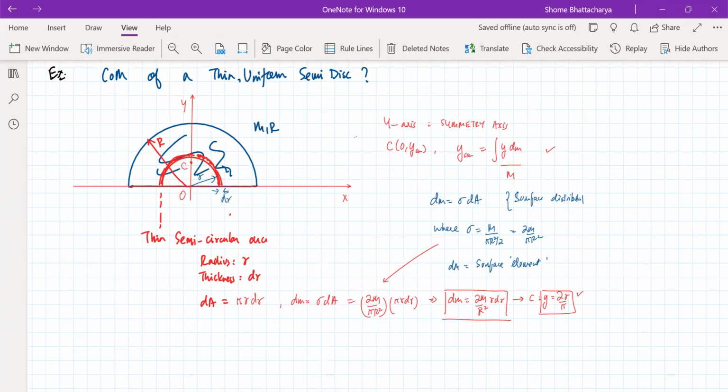What we've done is, first you have mentally sliced the semi-disk into an infinite number of semi-rings, each of very small thickness dr. Any one particular one has mass dm, which you've calculated. Now you can treat it like you compress that mass dm to a particular point on the y-axis. Where should that point be? It should be that ribbon's center of mass, which is at 2r by pi.